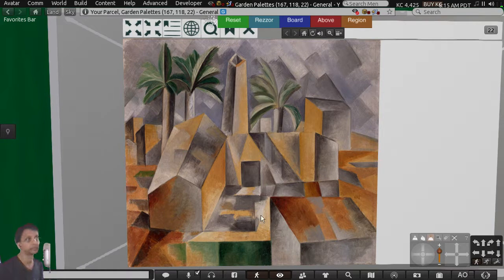Typically, the basic rules of perspective require a vanishing point, where lines actually meet at one point. But here it's difficult to see any structure in terms of vanishing points. So the rules of perspective are broken,